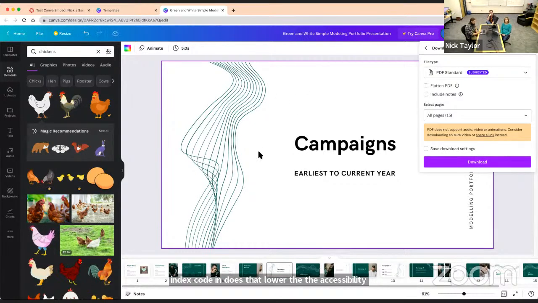And I think the answer to that, Nick, and correct me if I'm wrong, is that putting it in as an embed doesn't really directly decrease the accessibility, but Canvas, not Canva, Canvas, has that Immersive Reader tool on each page, and that will not be able to work on embedded designs like Canva or anything else